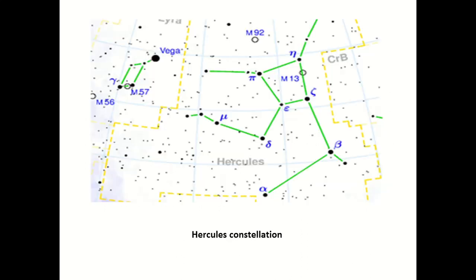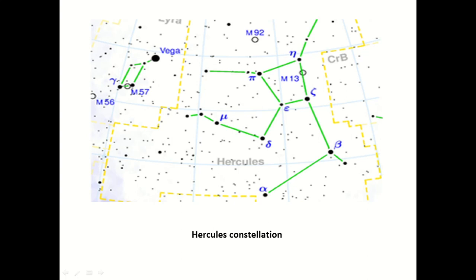So for that, consider this diagram. Here you can see the constellation Hercules with stars alpha, beta, delta, epsilon, eta, pi, mu, etc. In between zeta and eta, there is an object called M13, which is Messier 13, which is very faint. So to locate or observe this faint object M13, first of all, by using a star chart,